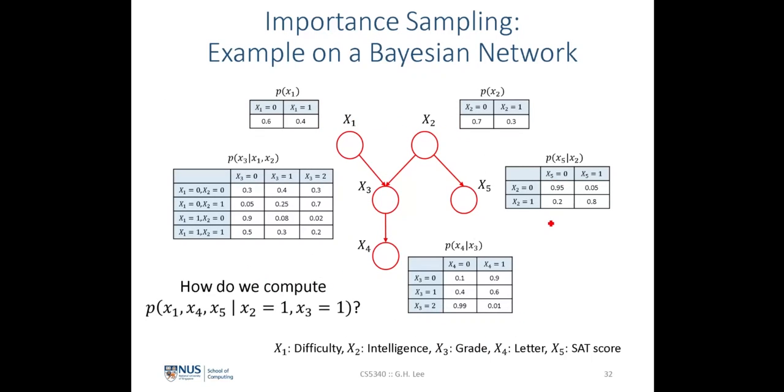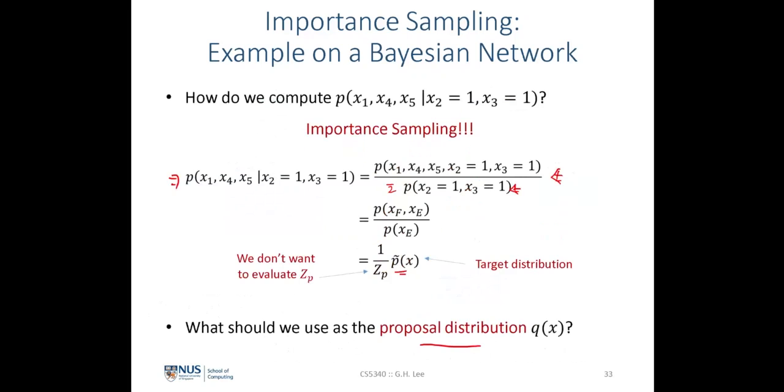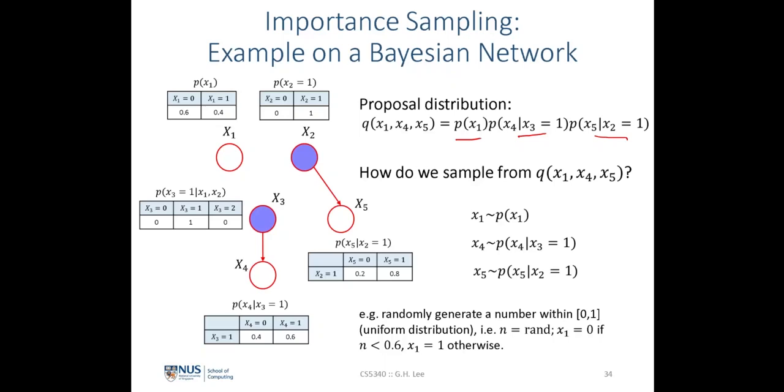which is this whole distribution over here. So it's not going to be easy for us to draw samples from this particular target distribution, which we denote as P tilde over here, which is given by the joint distribution of every single random variable and all these tables over here. Now, once we have defined the proposer distribution, we'll proceed on to answer the question on how to draw samples